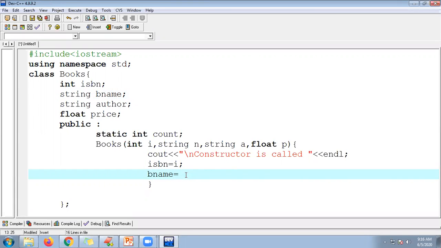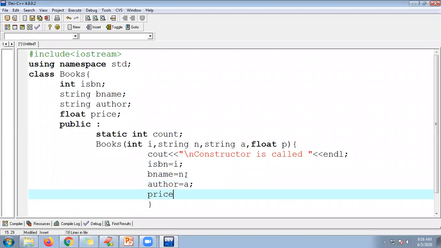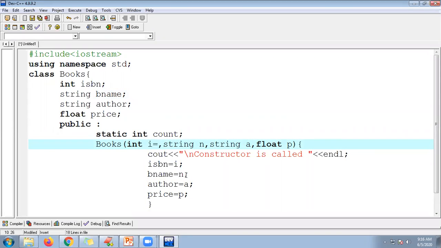Let me use here N, and I can use here author initialized with A, then price initialized with P. Okay guys, I want to go for some default values. Suppose 0. If you don't pass anything, no name. If you don't pass anything, I don't want it to be a garbage value. I want to initialize my own values, which you can call default values to the parameters of the constructor.